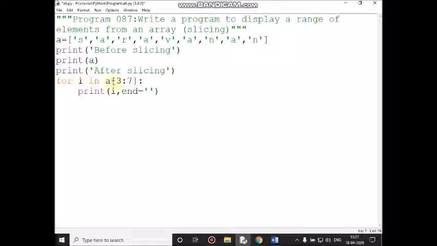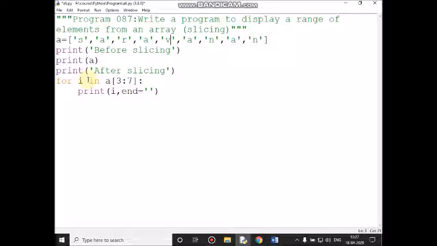So the I value is 0. A of third location value will print, and end within single quotation, I won't give any blank space. Immediately the cursor will wait there only, in the immediate next column. Then control comes here, the I value will increment, 0 plus 1 is 1, and A of fourth location value is V. V will print, the cursor will wait in the immediate next column.